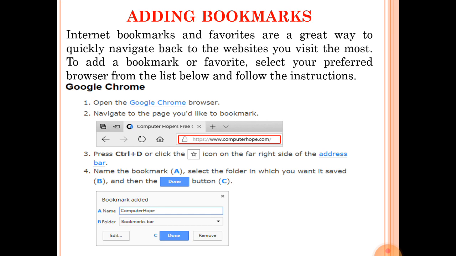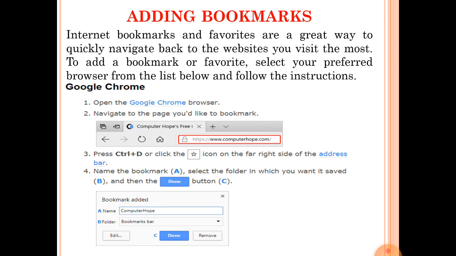If you have bookmarked it, it will be available on the bookmark toolbar. So by a single click on your bookmark, you can open your web page or website. No need to write the long URL in the address bar. So bookmarking is the most important feature of the browser.